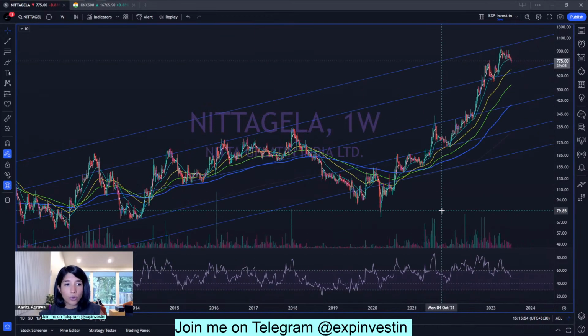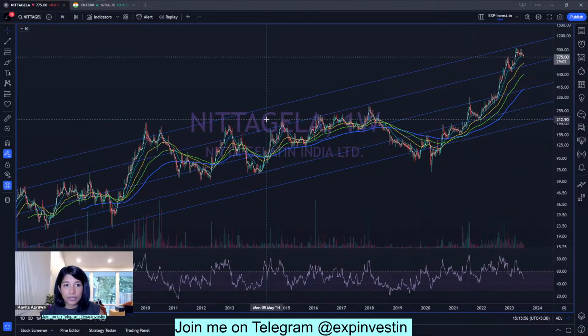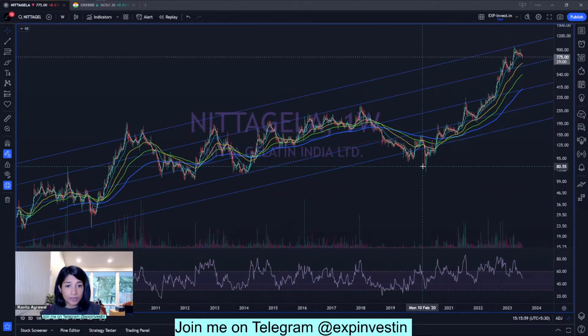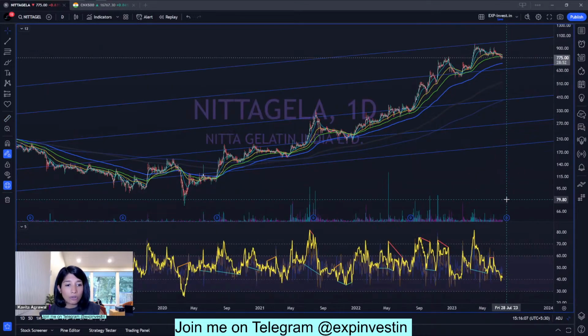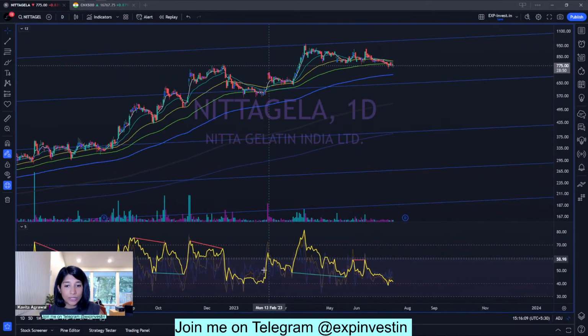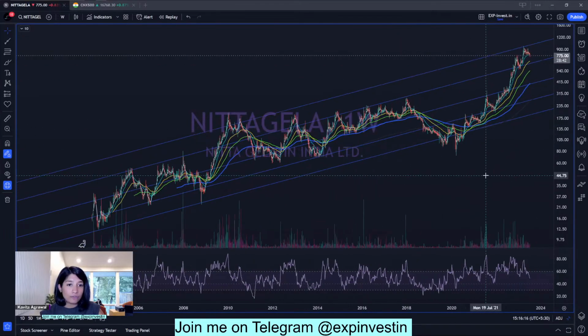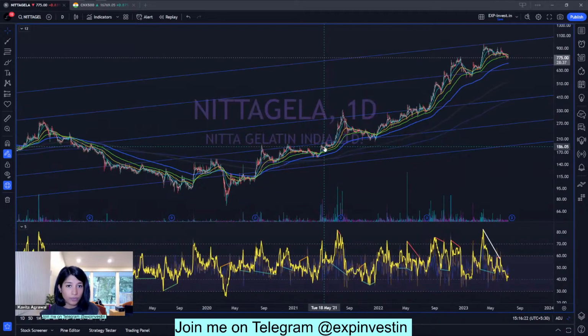Okay, so now I have drawn the trend lines, and what I can see is the stock has clearly given a strong rally in the past few years. Now, should we expect this rally to continue? I am not so sure about that. See, because the trend lines I have drawn, the stock is currently moving in an upward sloping channel. Okay. On closer inspection, what we can see is the stock has already reached the highest resistance of this channel.